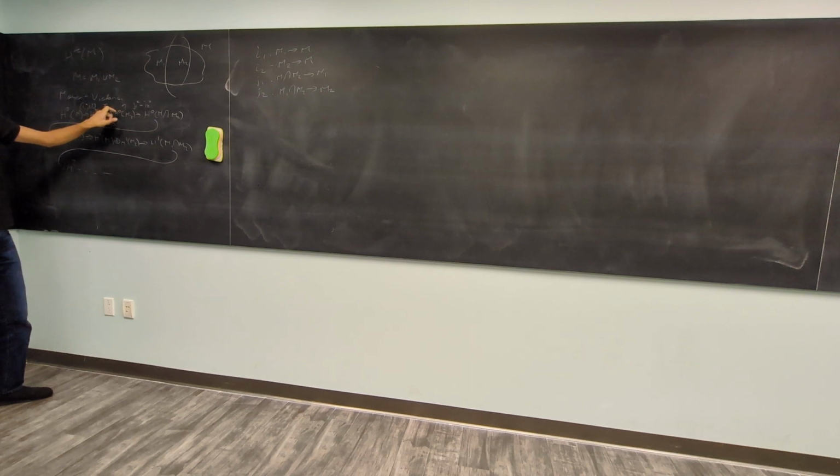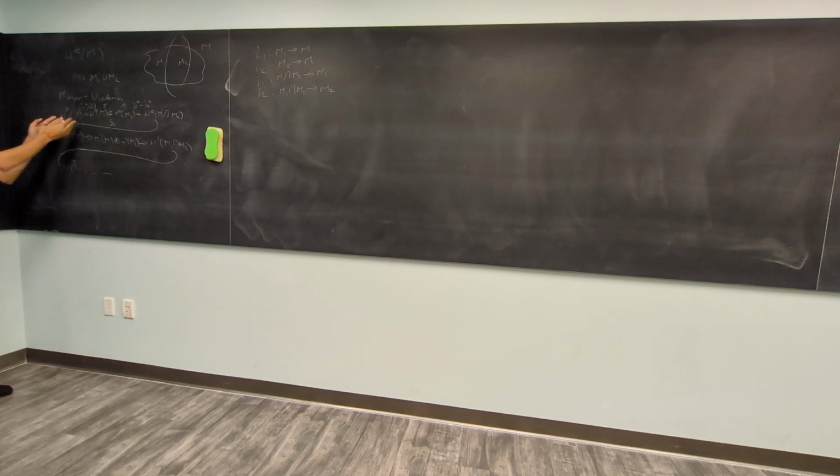And so what that means is that you can piece together tau and eta to get a differential form on M. So this says that if you have two things which agree on intersections, then you can piece it together to get something on the full manifold, which is sort of like how we define differential forms on our manifolds, right? And then this boundary map is a bit more